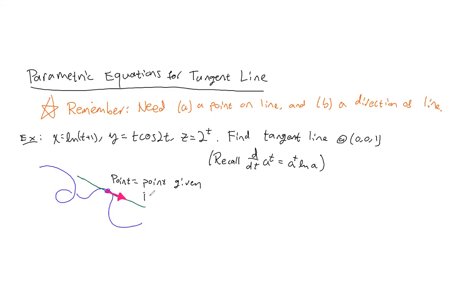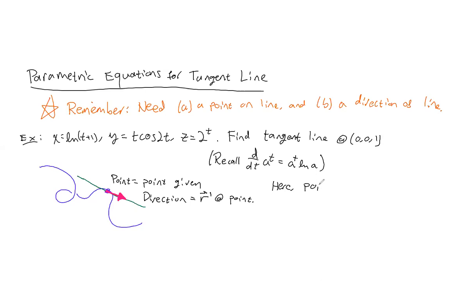But the direction is the tangent vector r prime at that point. But you really have to find the direction vector at that point, and here's where a lot of students get tripped up. So in this case,